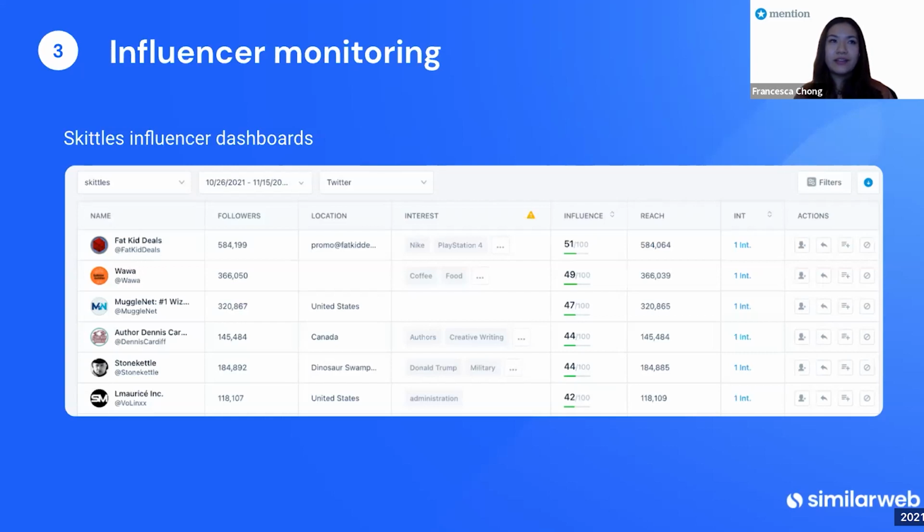So what we're seeing here is quite interesting. I actually filtered out a lot of the mentions from after the 19th of November, as we did have a lot of high profile people talking about the Trayvon Martin case, which for a brand reputation or brand monitoring side is perhaps a little bit less relevant and not what we're looking for right now. So what we're seeing here is that we've got a list of people who have interacted or talked about Skittles or are regularly talking about sweets, talking about food.